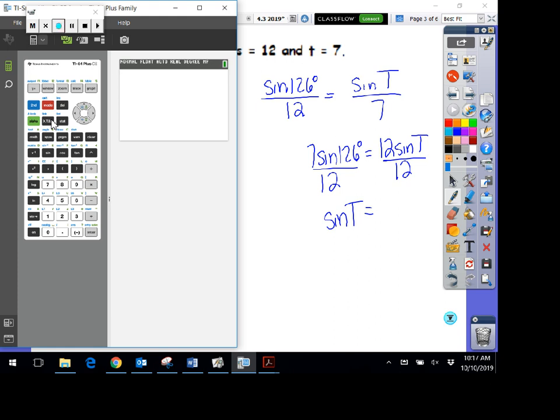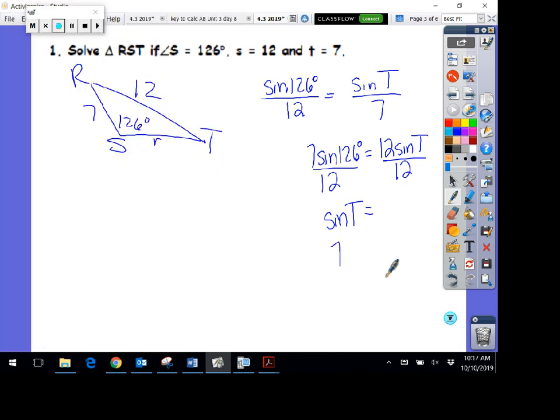So we have 7 times the sine of 126 divided by 12. That gives us sine of T. We want to know the inverse. So second sine of that value, we get our angle right there, 28.159 degrees. So T equals,